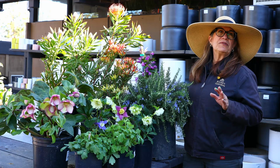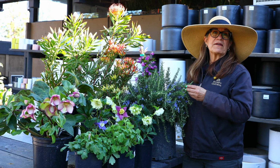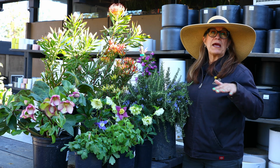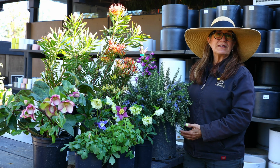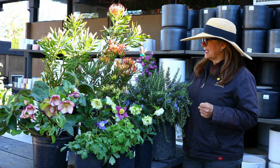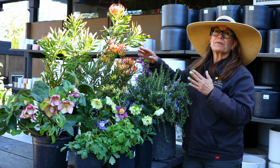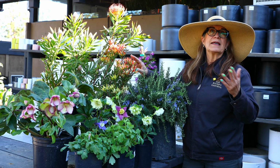Other perennials that people don't usually think about when they think about cooler season color are things like rosemary. This prostrate rosemary or ground cover rosemary really covers a lot of area, and these beautiful blue flowers are so uplifting in cooler seasons. We also have things from the southern hemisphere, so things from South Africa, things from Australia